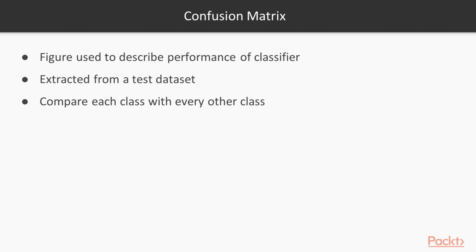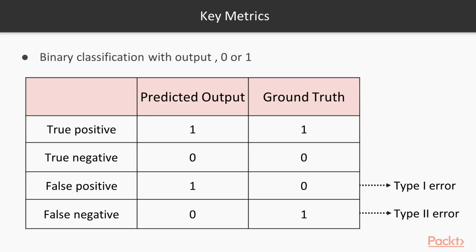of machine learning. Let's consider a binary classification case where the output is either 0 or 1. 1. True positives. These are the samples for which we predicted 1 as the output and the ground truth is 1. 2. True negatives. These are the samples for which we predicted 0 as the output and the ground truth is